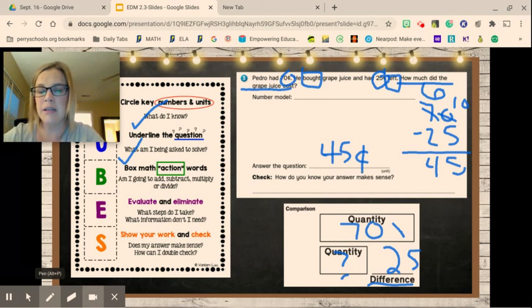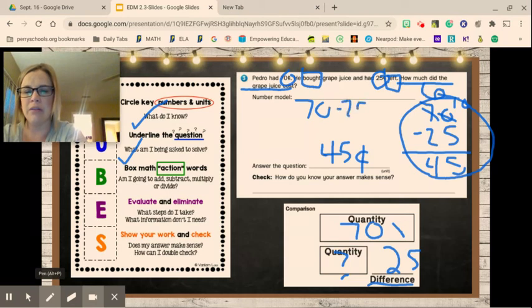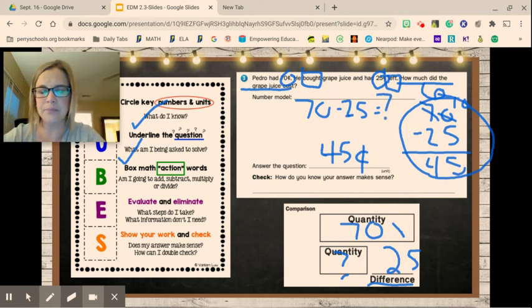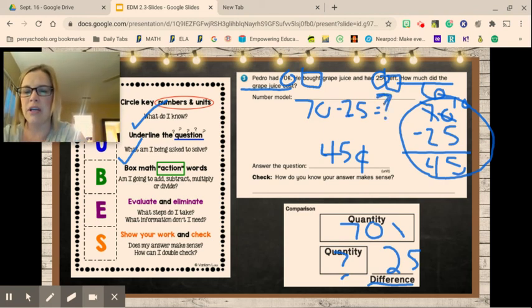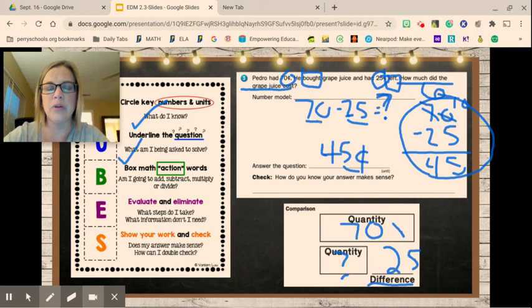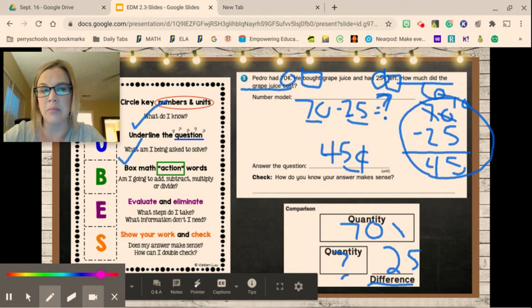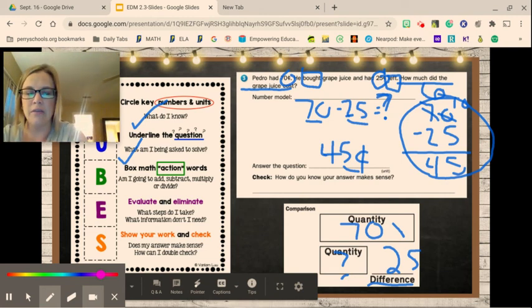My number model is going to be this one that I used to solve it. How did I find that answer? I said 70 minus 25 equals, I know the answer now, but I would have said question mark. I need to check my work, and what I can do is add up how much the grape juice cost and how much he had left, and those two together should come up with what he originally had, how much money he had. So I'm going to check my work and say 45